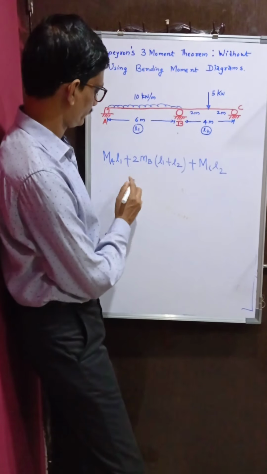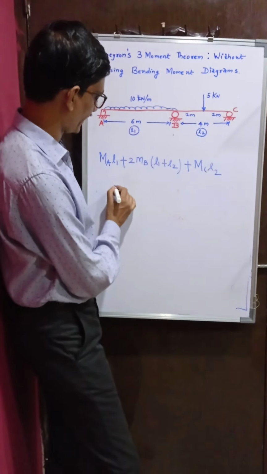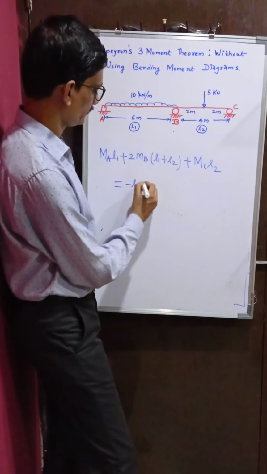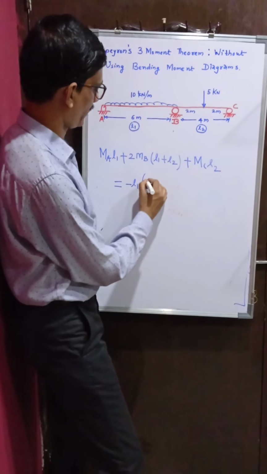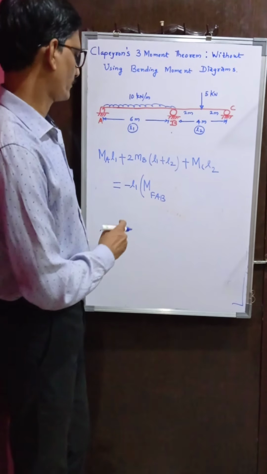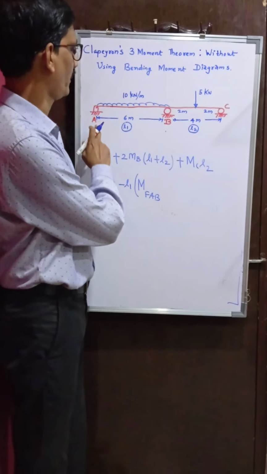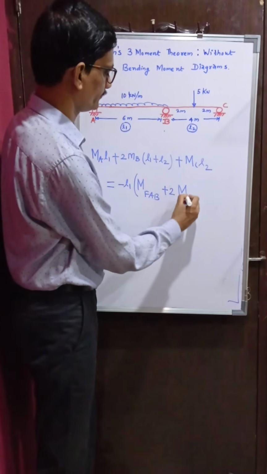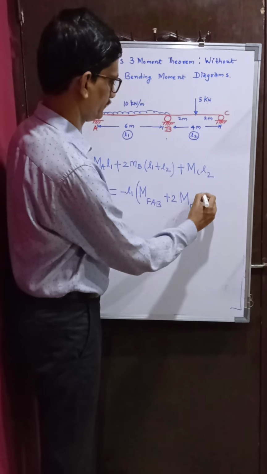Now what I will do here, left hand side I have written the same as the previous approach, but on the right hand side, it is minus L1 into MF AB, that is the fixed end moment at A for span AB, plus 2 times MF BA,